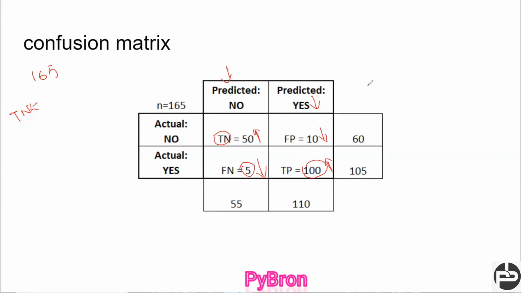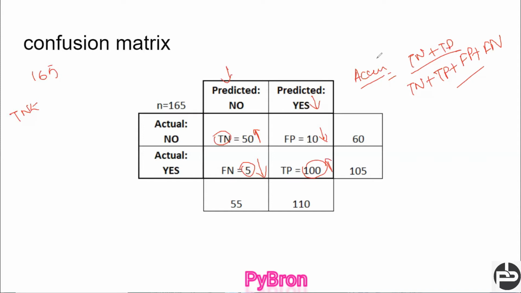Now coming to the accuracy, guys, what do you mean by accuracy? Accuracy is nothing but true negative plus true positive divided by the total. Total means true negative plus true positive plus false positive plus false negative. This is known as the accuracy. If the true positive or true negative value increases, then automatically my accuracy will increase, right? Up to this, no doubt we had discussed these things in my previous session also.